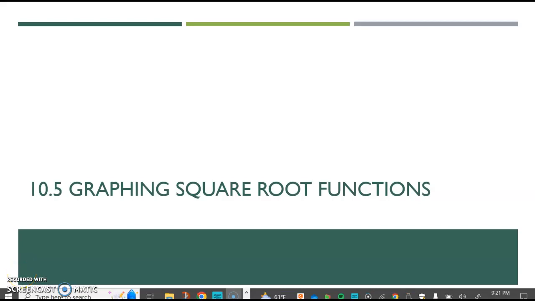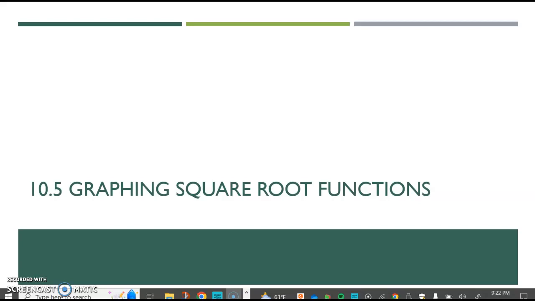Welcome back, 8th grade. So we are working with square root functions. And we have simplified square root expressions or radical expressions. We have solved radical equations, and now we are going to graph radical functions, which are radical equations. Now, to make this a function,